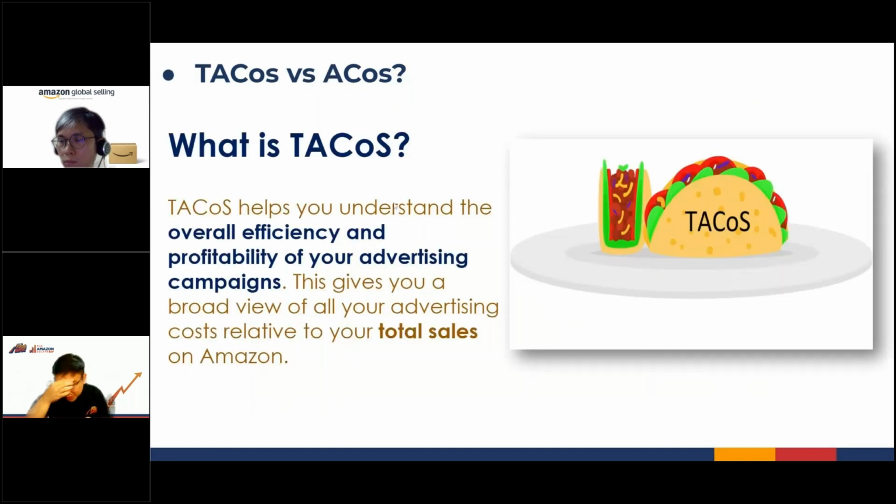So what is TACOS? Just now we introduced two new acronyms to you: TACOS versus ACOS. If you want to break it down, TACOS stands for Total Advertising Cost of Sales. Wow, I also don't understand. I drink Yakult, I don't drink Starbucks. What does TACOS mean? If you want to do it simple,